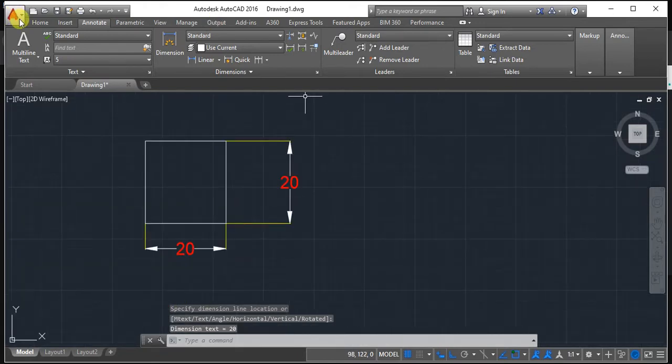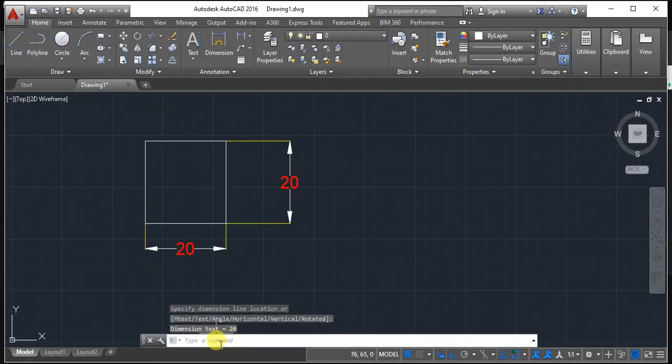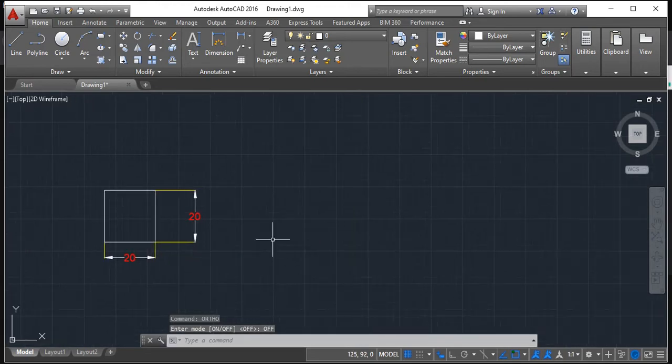Like this I can make a rectangle, or a triangle. But before going for triangle, just switch off the ortho mode. Or you can just switch it off with F8. Or you can type ortho and then click enter, just click on off. Like this you can change. Ortho means exactly 90 degrees, whatever you draw would be 90 degrees, right?